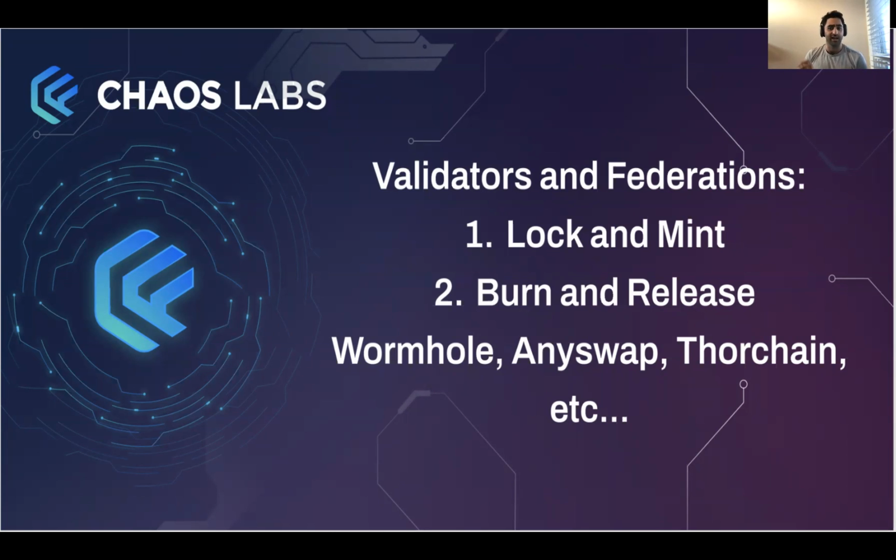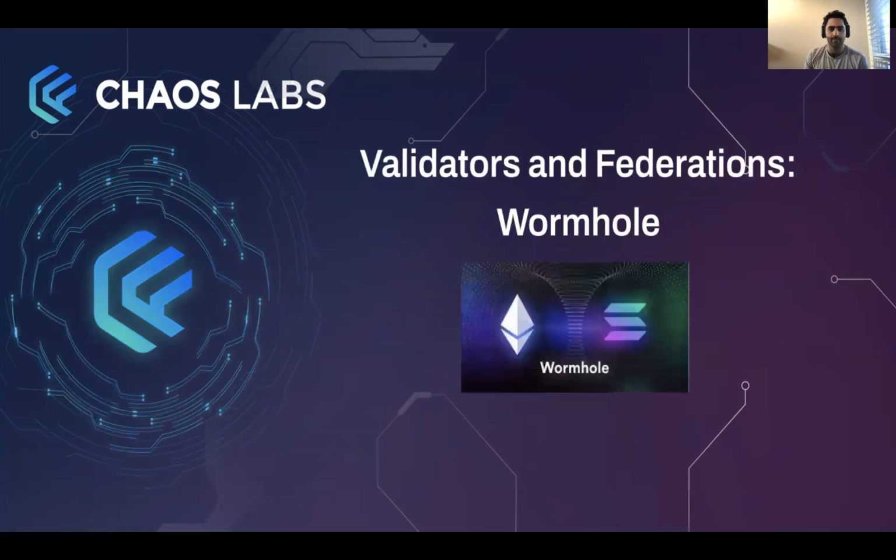Say, all right, we've seen that you've locked your Ethereum within our Ethereum smart contract. And for that, we're going to mint the same wrapped asset on Solana. So you have wrapped ETH on Solana. When you want to transport the way back, you burn the wrapped ETH, which is a synthetic asset that lives on the Solana blockchain. And then the Ethereum blockchain, with the help of external actors, receives that message, says, okay, I actually see that you've locked the synthetic asset which we've produced on the Solana chain. And now I'm going to release your native ETH back to you in this case. And we have a lot of applications that work with this. So Wormhole, Anyswap, Thorchain, and more.